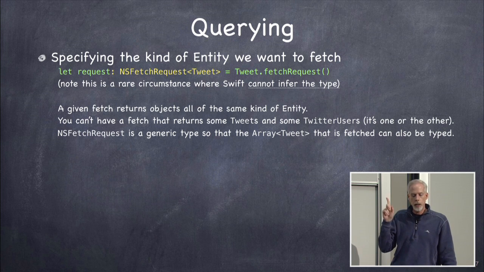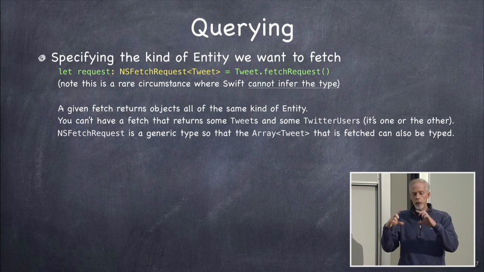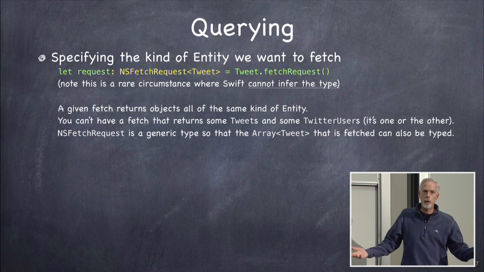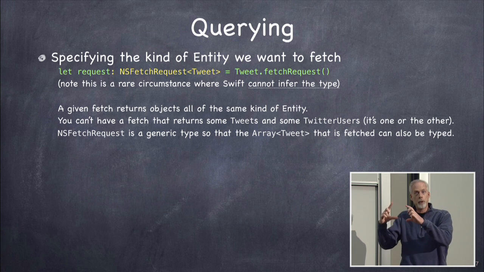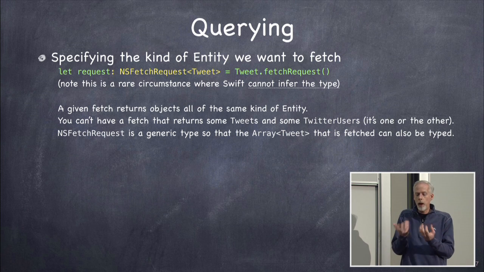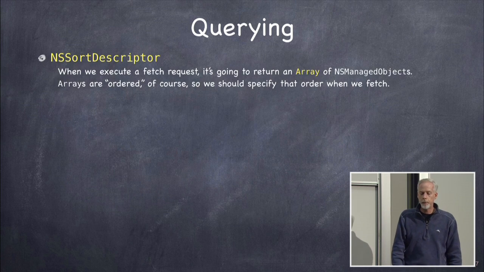All right, so you say let request equal NSFetchRequest. It's a generic type, like array or something like that, right? This is a fetch request only for tweets. So you say NSFetchRequest for Tweet equals Tweet.fetchRequest, and it knows, of course, that the only one that returns an NSFetchRequest for Tweet is the fetchRequest in that Tweet extension. Okay? So now you have a fetch request. This is how you get a fetch request. Couldn't be easier. You just have to remember to do that static typing right there.